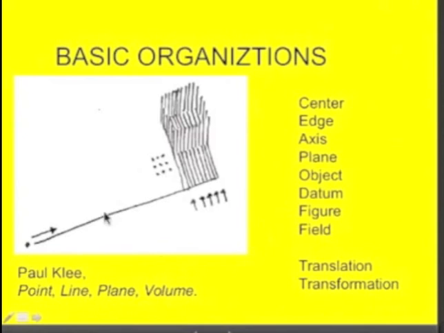So we see the line here, and the line is less a thing in itself than a reference. We can say, this is at the beginning of the line, this is at the end of the line. This is under the line, this is over the line. So the line could be understood as a datum. And datum is like a neutral reference plane against which difference can be registered. Using the concept of datum, how does the table help us understand where my cup is?